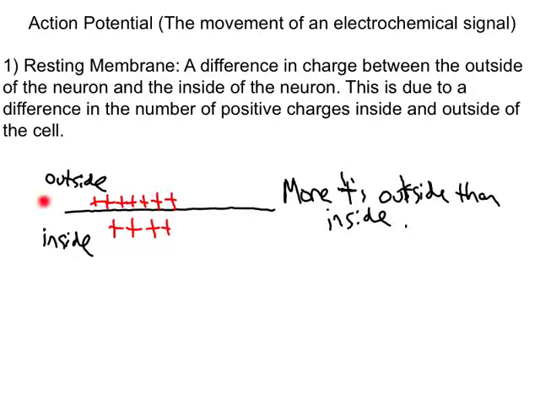I'm going to represent the neuron membrane as a line. This is the outside of the neuron. This is the inside of the neuron. Remember, a neuron's a cell, so this would be the inside of the cell. This would be the outside of the cell. So to begin,